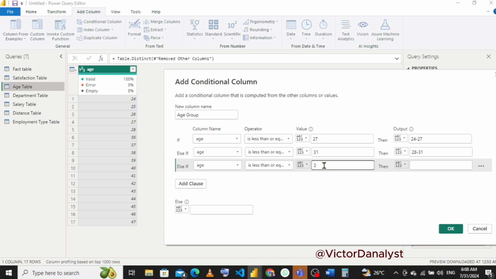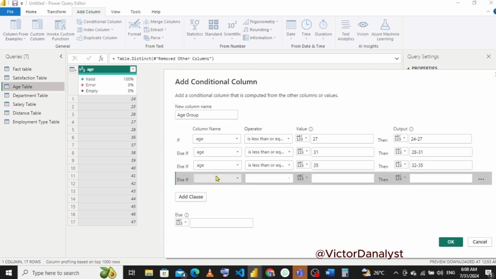This is 35, sorry. So this is going to be from 32 to 35. So add a new clause, then we'll say age